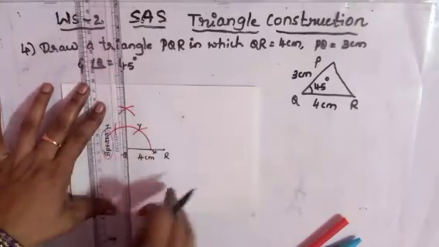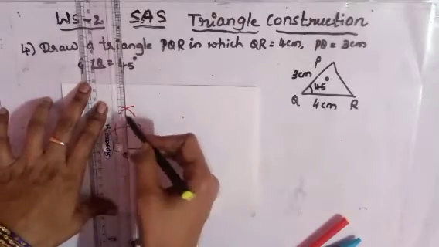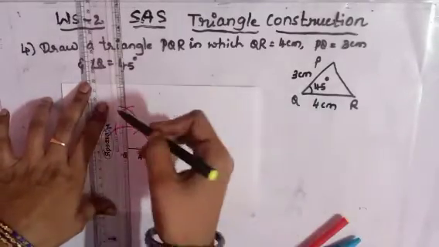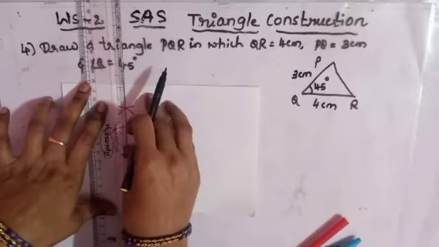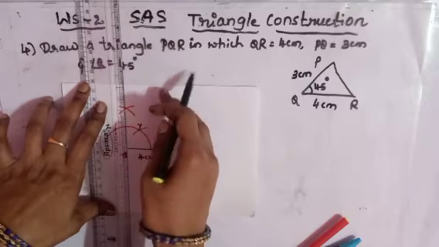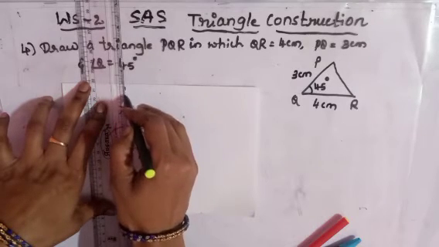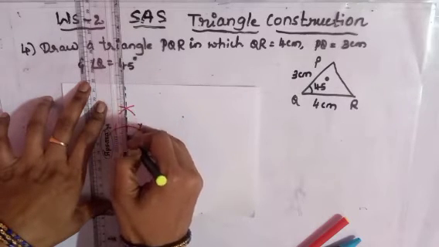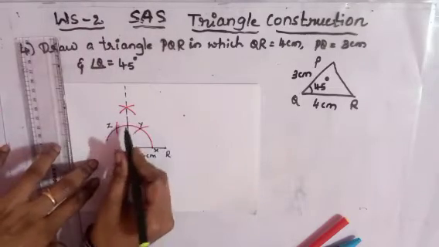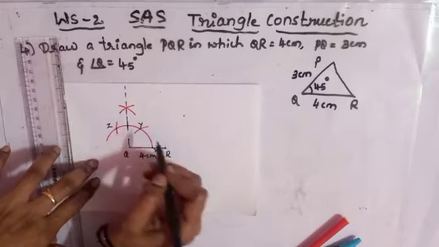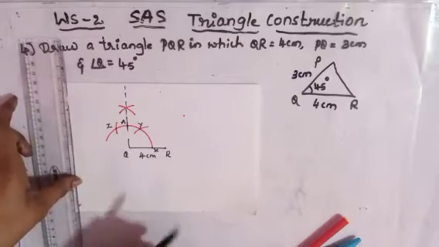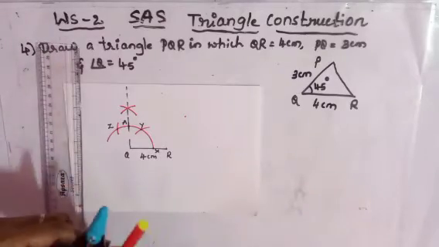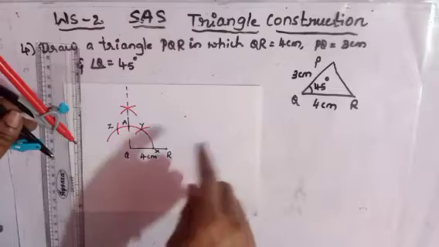Now we got 90 degree, but we don't want the 90 degree. We want here 45 degree. 90 degree half is 45. So better I'll draw the dotted line, because we don't want this 90 degree. This point of intersection I'll name it as A. Next we want 45 degree, which will be half of the 90 degree.